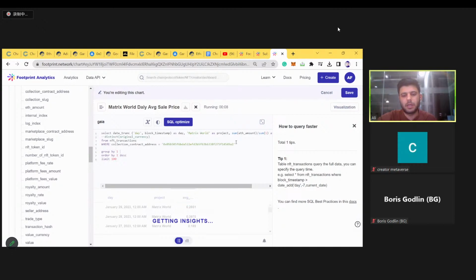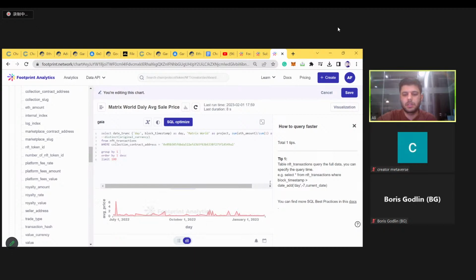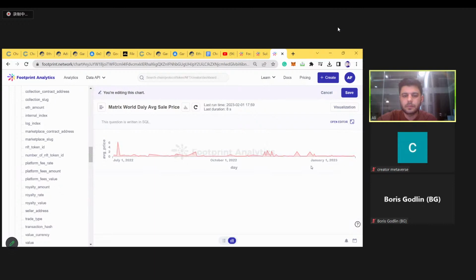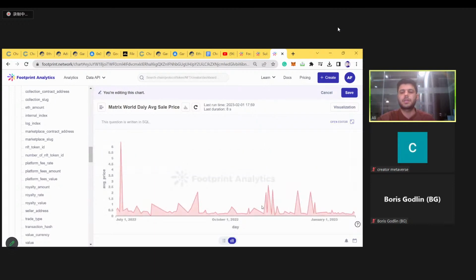Telling what the average price was for some specific days. And after you get a table, you can convert it into a chart. Here I have converted it into a chart. Here you can make decisions very easily, like investment decisions, or do some research